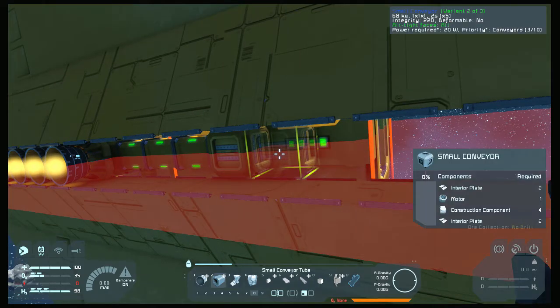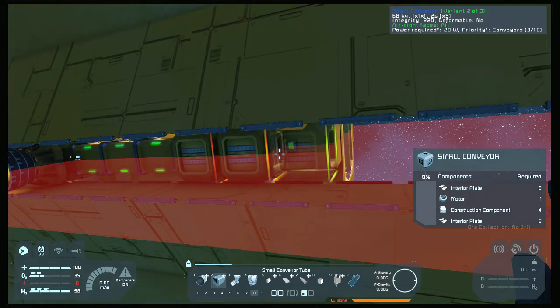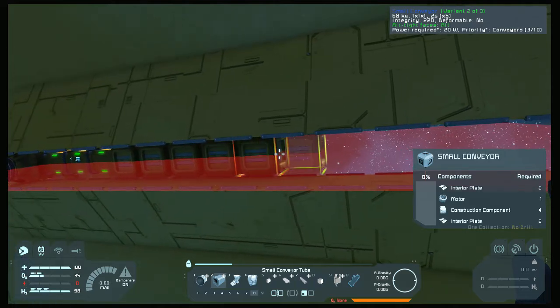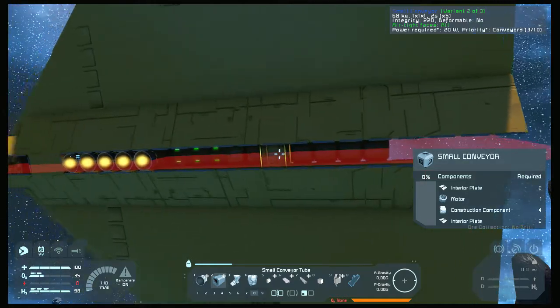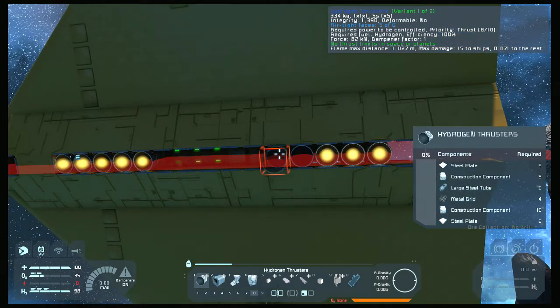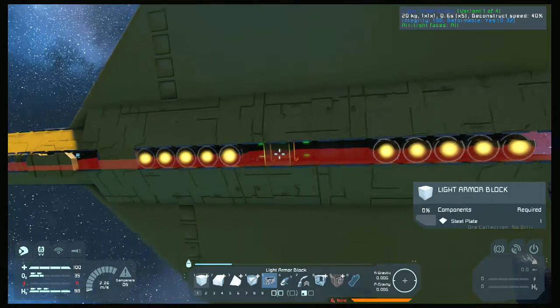Okay, more conveyors. So there's a gap of 5, and I think 1, 2, 3, 4, 5. 1, 1, 2, 3, 4, 5. And then